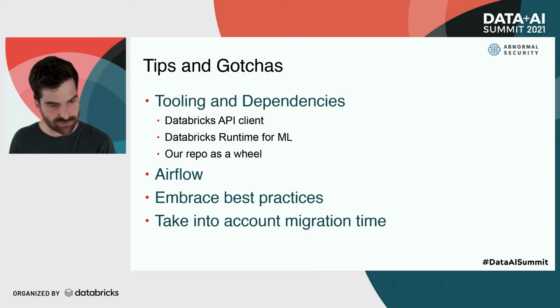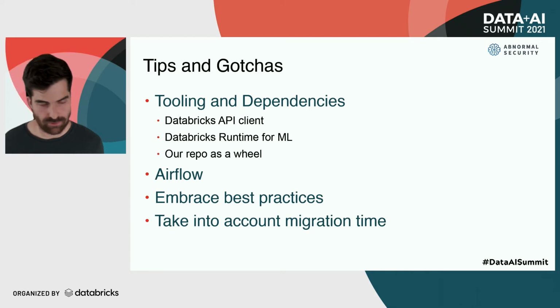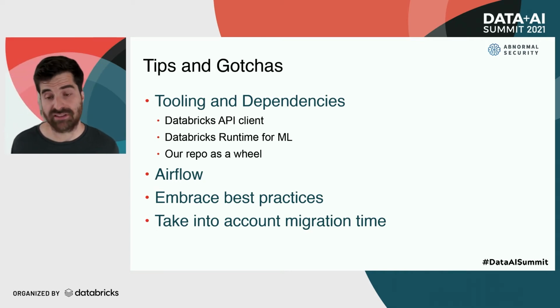On the Airflow side, Airflow has a whole suite of third-party open source operators that you can use, including a Databricks operator. But the problem with using the Databricks operator is that if you want to run a job outside of Airflow, now you have to build a second code path that executes that job. So we actually ended up not using the Databricks operator at all and just writing a small wrapper over a normal Python operator that can schedule the jobs on Databricks. And the advantage of that is you have a single code path, whether that's coming from Airflow or from the CLI, for actually scheduling the jobs.